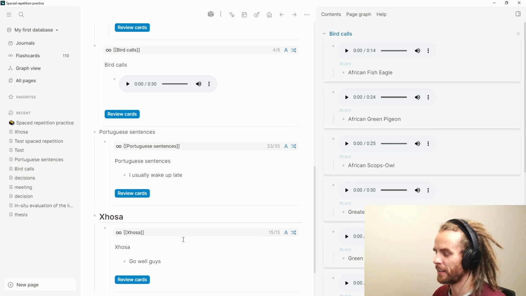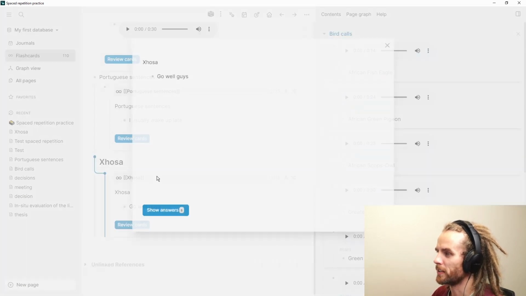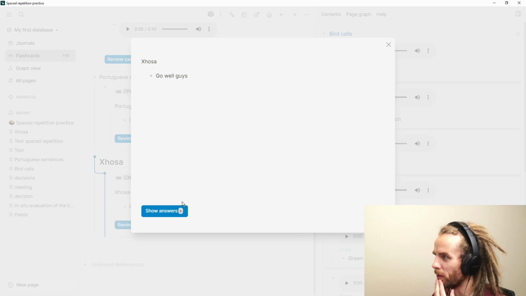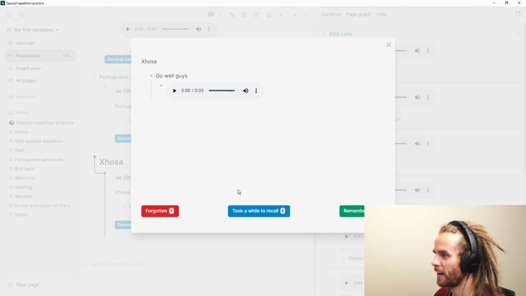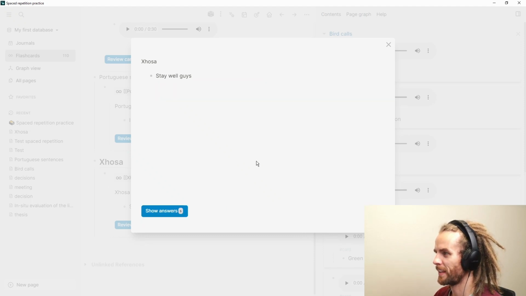So let's check. Let's review cards. Go well, guys. Hambani kakhle or hambani kukuhle. Hambani kakuhle. I'll give myself R for that. Okay, so